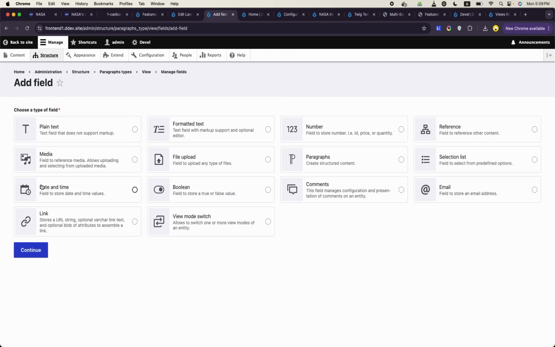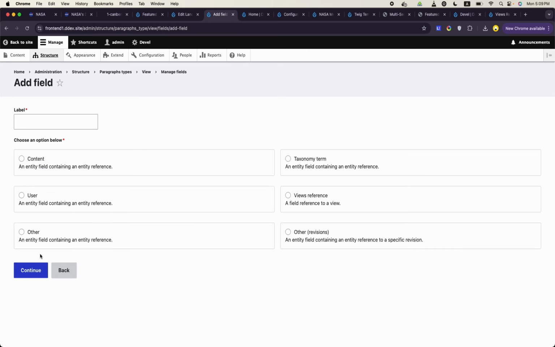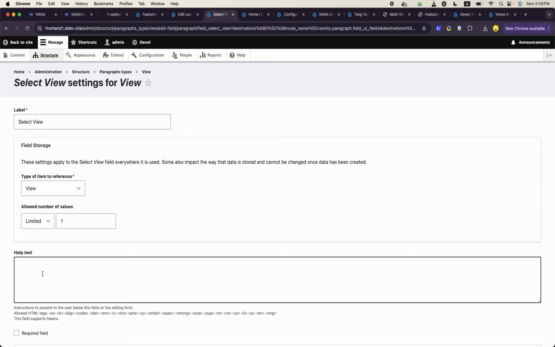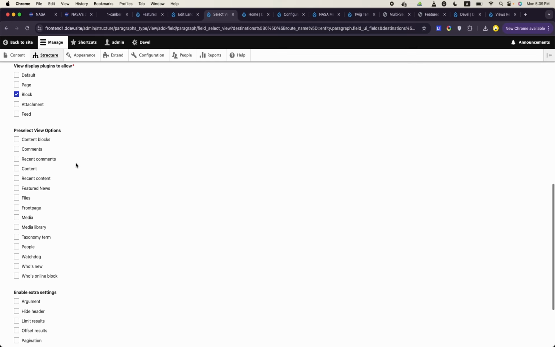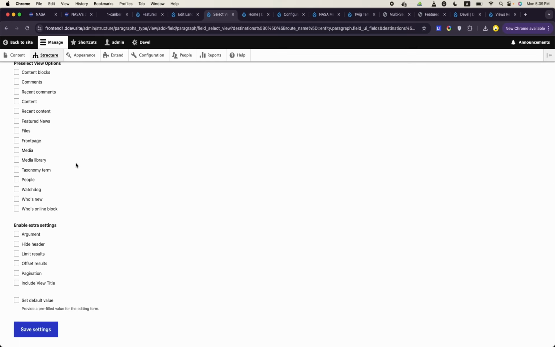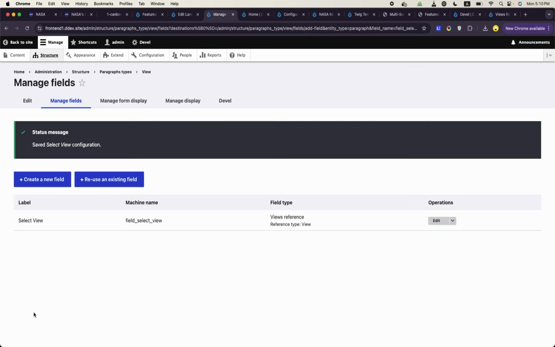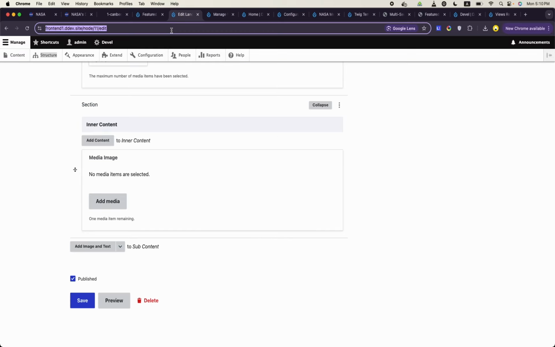It will be somewhere here, maybe this one. Here it is, views reference. So we call it select view or whatever. And which view to reference? Any, if you leave it, everything will be. So for now we have one view, and we will leave it like this for now. Okay, so this is the field. Now if I refresh this page,